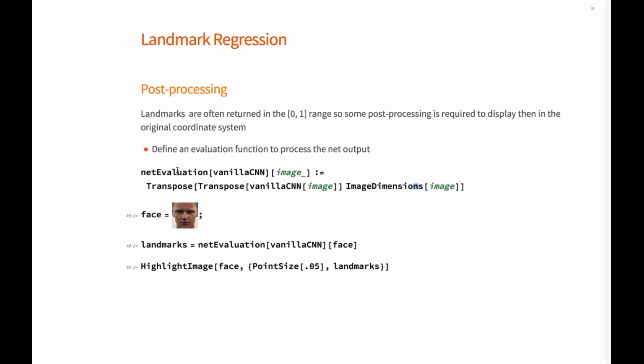And I'm going to use many evaluation functions in this talk. I'm not going to explain all of them because they can get quite complicated. I just want to say that it's very easy, given that this framework is built in the language, to use all kinds of image processing functions that are already available in the language. So in this case, it's pretty simple. I just create this evaluation function.